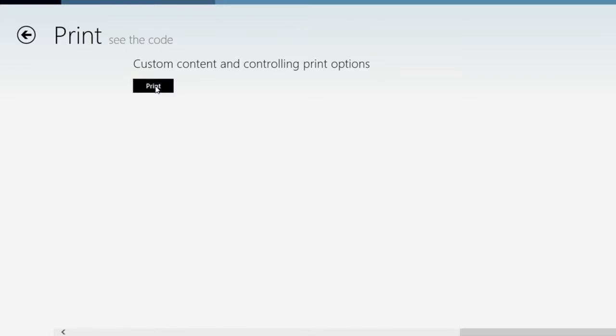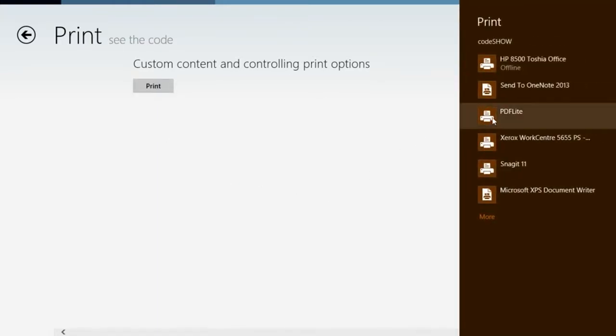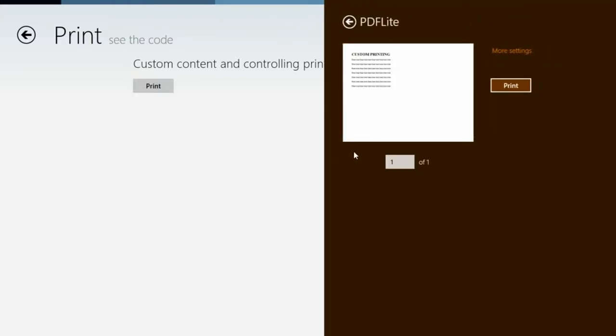So I'm going to click print here, and I'll choose the PDF Lite again. And you'll notice that inside the print job, first of all, it's in landscape orientation. The other two examples weren't. I don't have any other options here. I basically can print. There is a little link for more settings, but what it's giving me by default is,